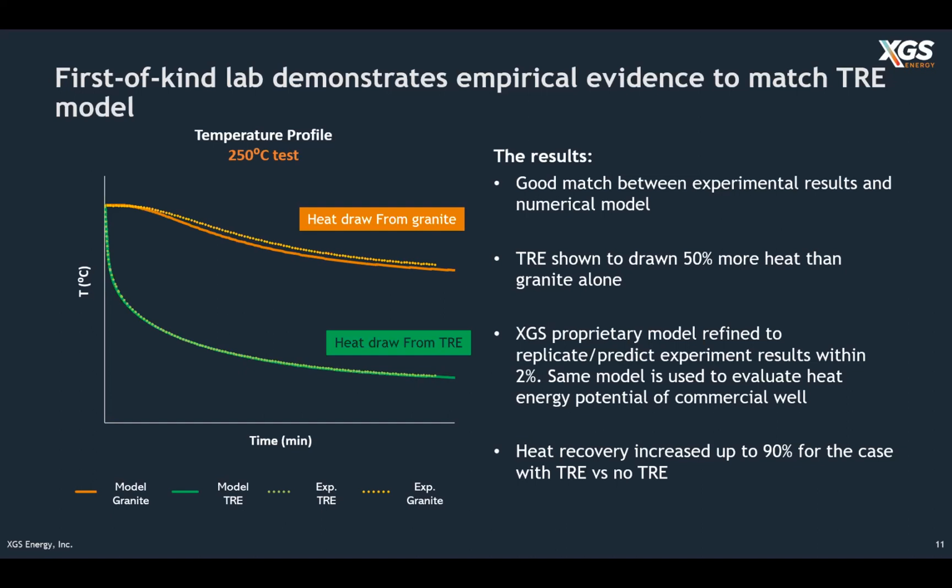We have done a lot of tests at different temperatures and different configurations. I am showing a case where we ran a 250 C temperature test. Here you can see the temperature profile versus time and the amount of heat that you can extract from the granite versus the TRE. As I mentioned, rock is a very lazy element. At some point, the granitic rock, with 3 to 5 watts per meter Kelvin thermal conductivity, cannot bring the heat to the casing, and we can really see, both in the lab demonstration and in our simulation,